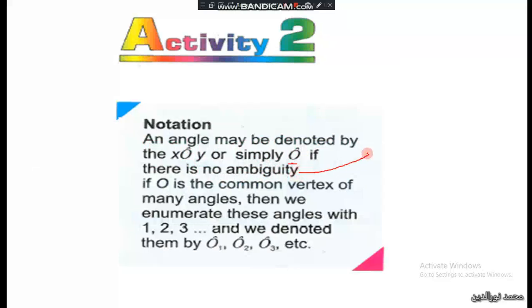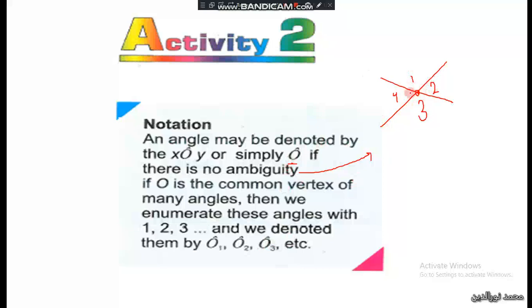Ambiguity, meaning غموض, of O if O is the common vertex of many angles. So in this case, إذا كان في عندي الانجلز أنا ممكن إنه أرمز للانجل بالفيرتكس اللي إلها. أما في حال كان في عندي أكتر من انجل بيشتركوا بنفس الفيرتكس أنا ممكن أعطيهم the numbers. So we say that